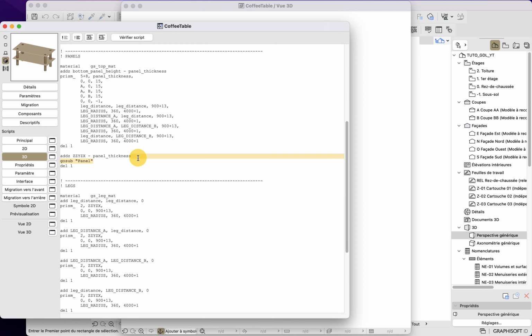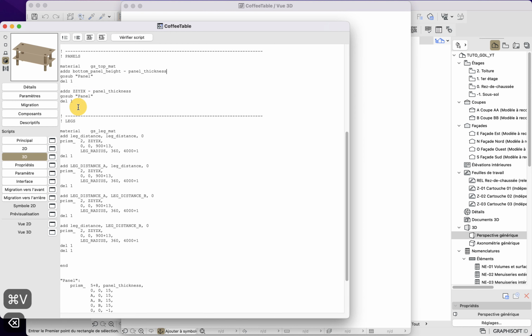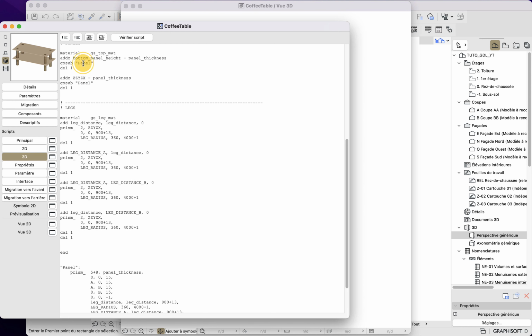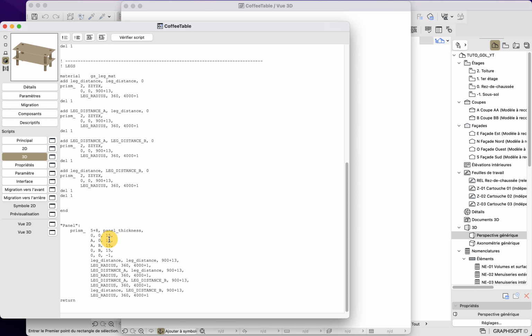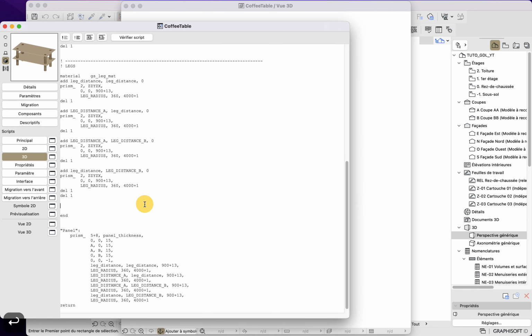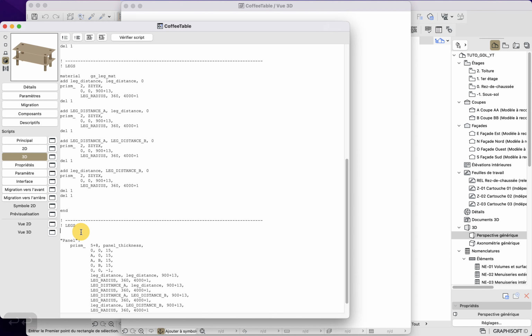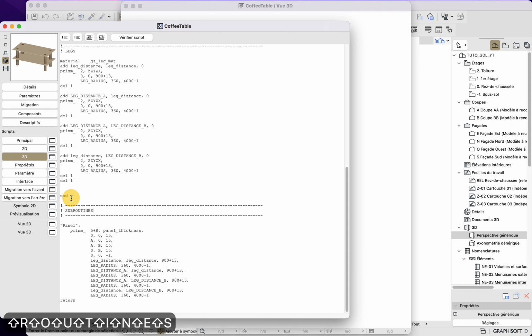And most importantly, I can replace this here. So now I have the same source for the same geometry. Here it is good practice as well to put a title after the end, so you have an actual separation between the end of your main part of the code and the subroutines. So here I will give it a title name that is subroutines, like this.